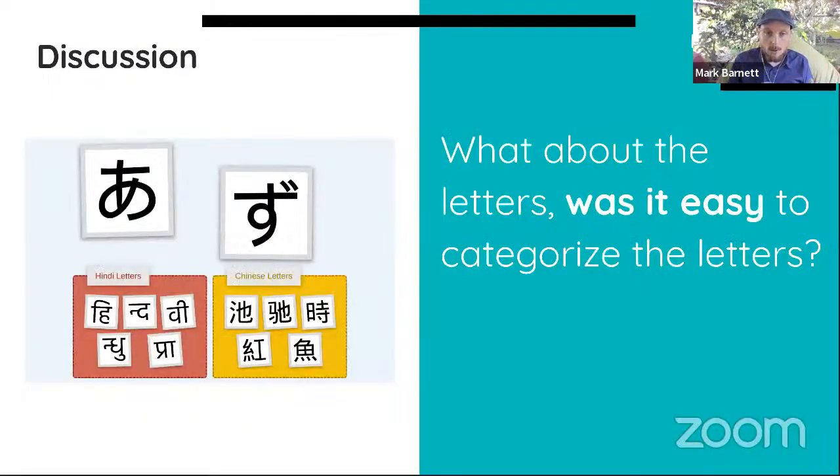So for those of you that did this activity, or you can try it later, especially if you've never seen Hindi or Chinese letters, this activity may be a little bit more difficult. Now, it's not so difficult you can't figure it out. It's not incomprehensible, but there are some ways to look for discrepancies. When you get to the end of this activity, there's actually two characters that don't fit anywhere. Which is a fun little prank to play on you all.